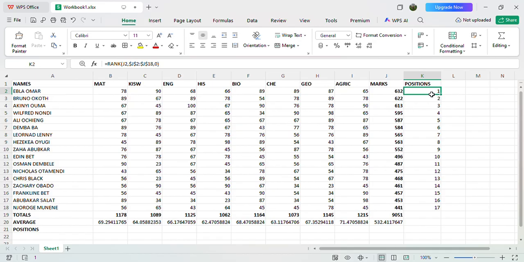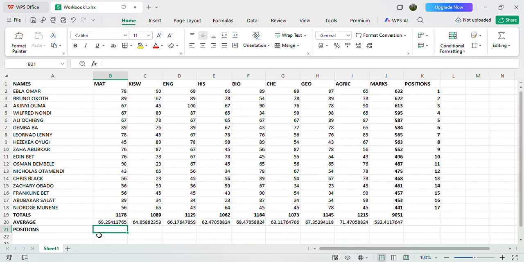Let me write them in bold so that they can be visible. I will just drag it like that, then write bold. Then there we are.